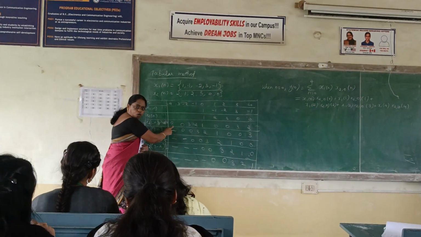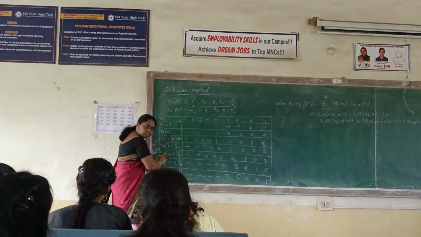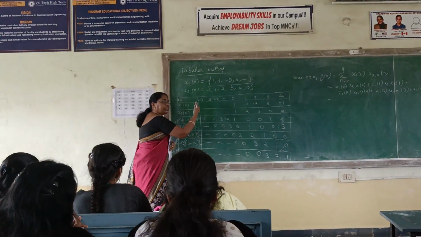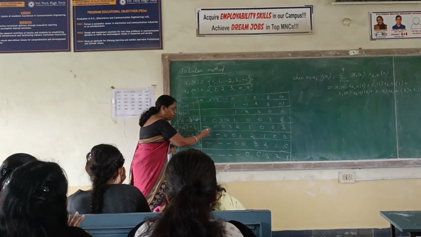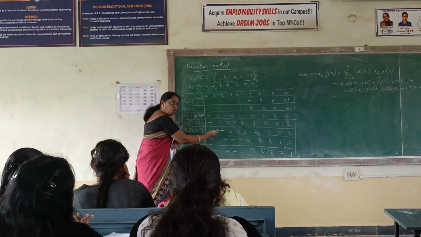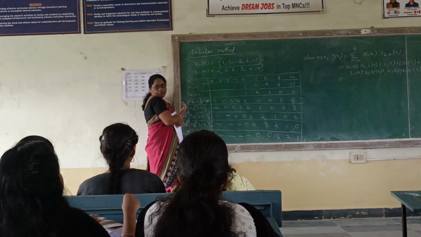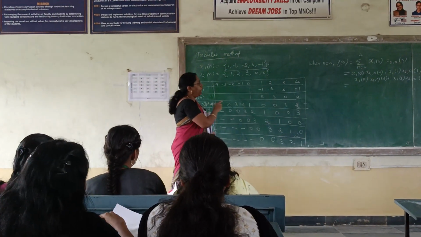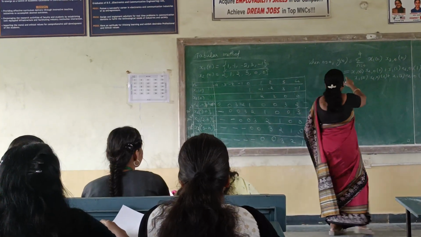This is all you have to fold, and for each and every circular convolution, for each and every step, you have to move one step forward. Why? Because this number is positive. If this number is negative, you have to move the sequence towards left. Is it okay now? And we are supposed to find the final answer.